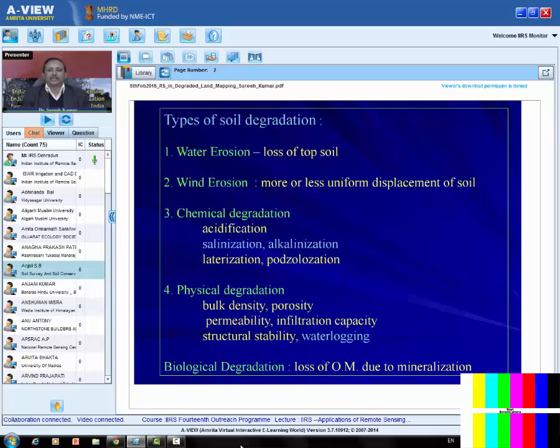Fourth is physical degradation. In this, there are no chemical and biological changes, but the soil's density is mainly affected. We can say the bulk density of the soil is increased, porosity decreased, and the soil has less permeability and infiltration capacity. Water logging is also one example which comes under physical degradation, because due to water logging there are no chemical changes, but only because of water stagnation we are not able